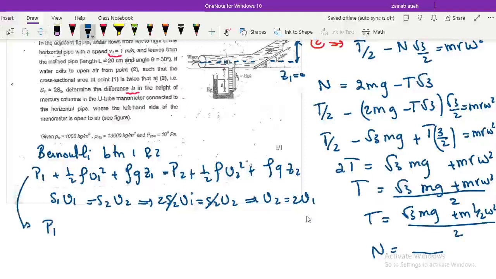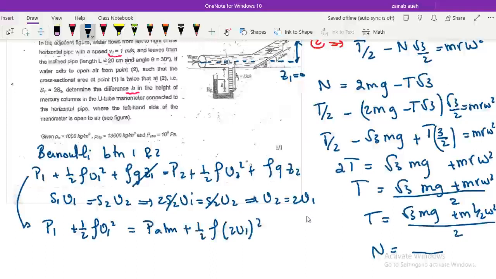Here, P1 plus half rho V1 squared, we said Z1 is 0, is equal to P2, which is P atmospheric, plus half rho V2, which is 2 V1. You can directly substitute for the answer, it's okay, plus rho G L sine theta. Okay, you have everything, so we get P1 equal to P atmospheric plus half rho, and the 4 V1 squared